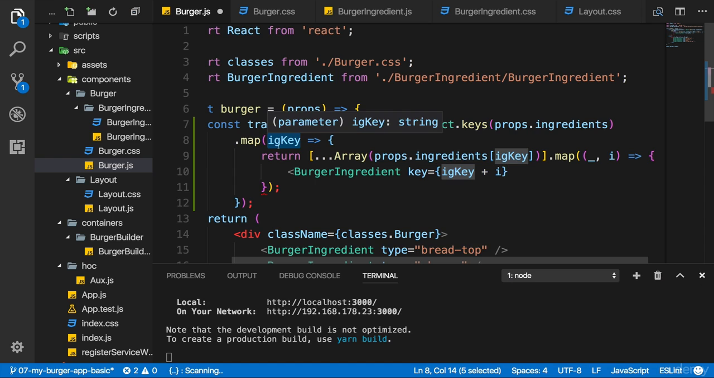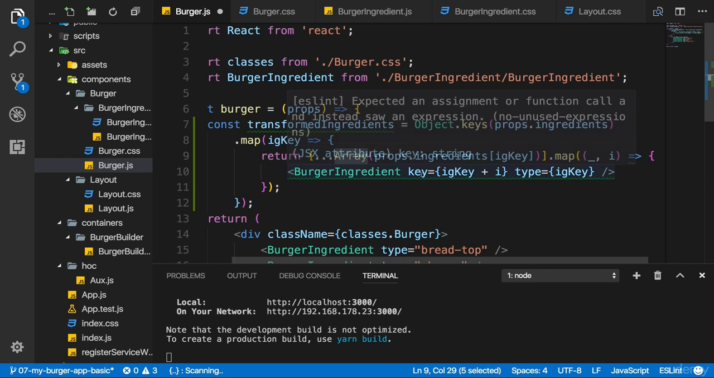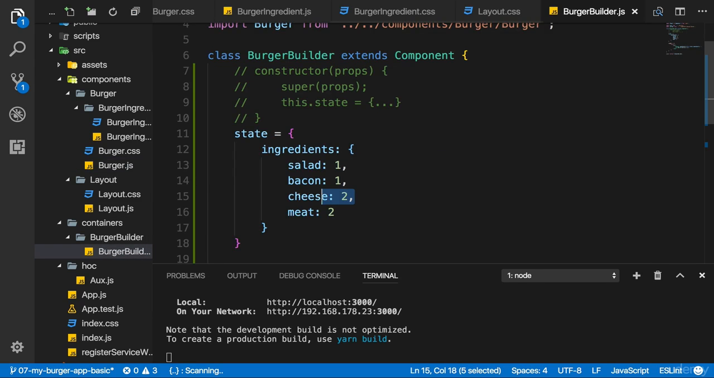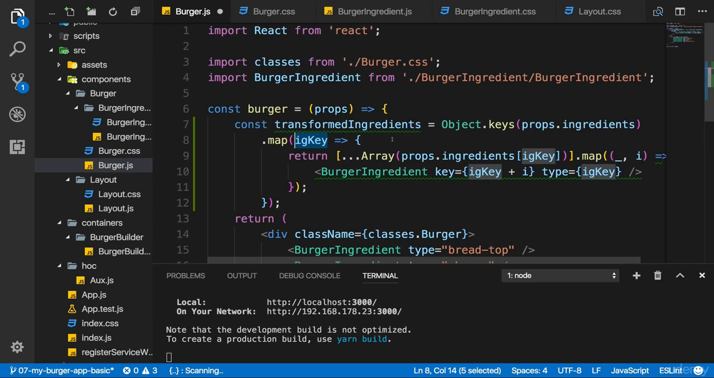Now igKey is something like salad, and i simply is 1, 2, 3, and so on. So this creates a unique key for each ingredient. And the type simply is igKey. This is why I don't care about the first argument here. I don't care what this Array object populates this array with. It's just the length of that array that matters for me, because I need an array of length 2 for cheese in this case. For bacon it would be of length 1, so that I can create an appropriate amount of BurgerIngredient components. And I then only am interested in the type, which I got right from the start,